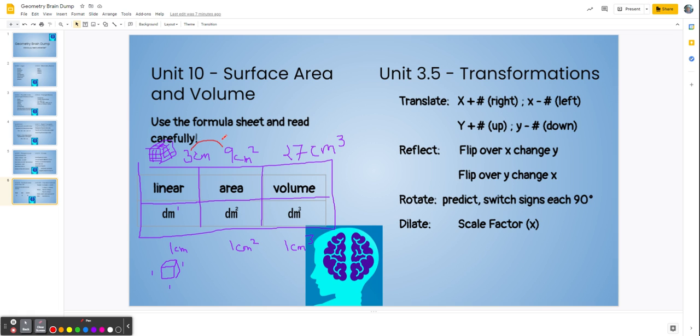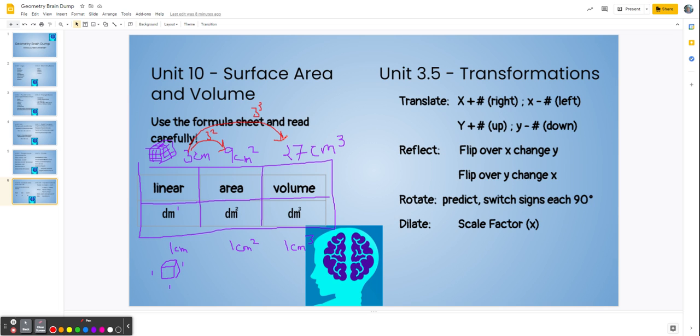What is 3 squared? 3 squared is 9. 3 times 3 is 9. And what is 3 cubed? 27. When you have similar figures, you can use this chart to go squared and cubed and predict the next